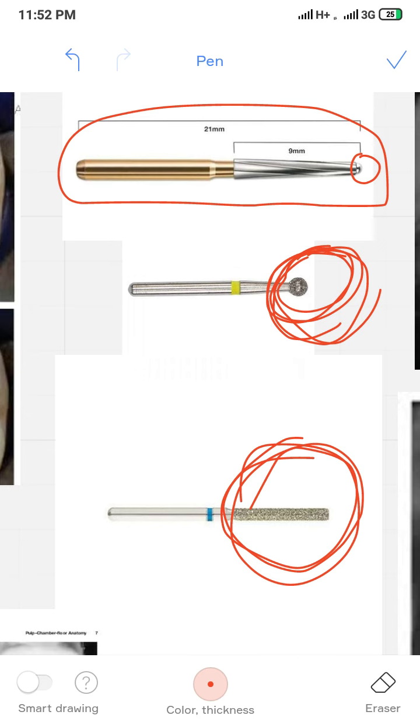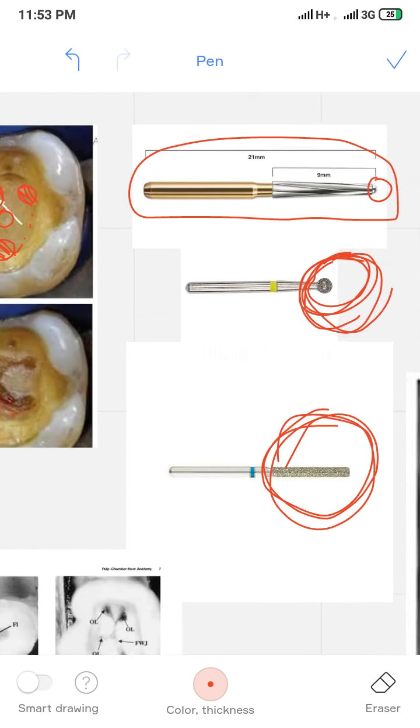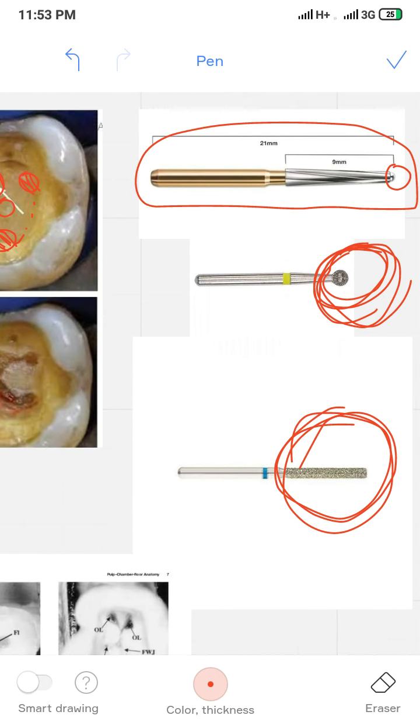And the Indus Z bar is great if you have it, but remember this, any instrument, any gadget is as good as its operator. That means if you handle an instrument roughly, it's not going to do a better job. You have to be the one in control, not the instrument itself. So if you do not have an Indus Z bar, don't get disheartened. Round bar and Fisher bar work very well, and dentists have been using these two bars, and in future also will be using these two bars for